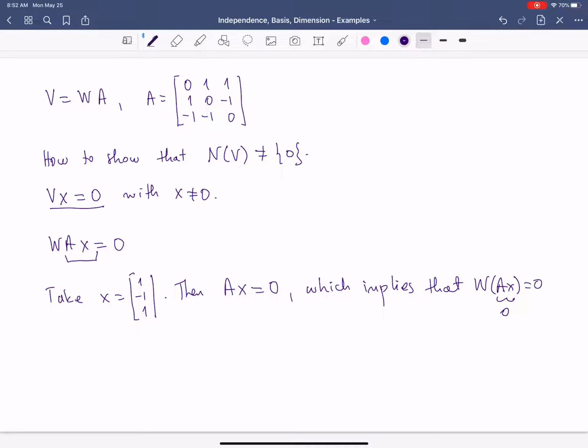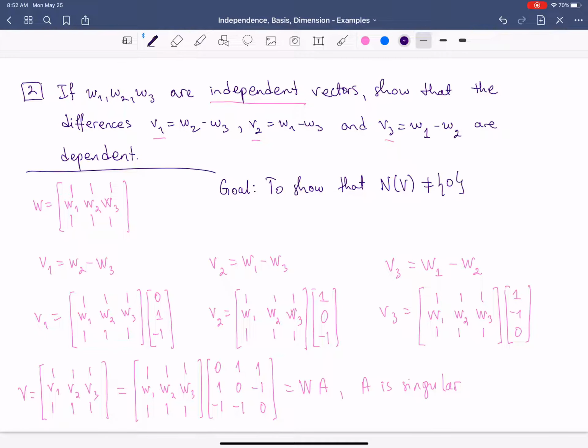So since W times A times X is 0 and X is not 0, this is the same as saying V times X is 0. So X is in the null space of V, which means that the null space of V is not 0. So this is how we can demonstrate that V1, V2, and V3 are linearly dependent,